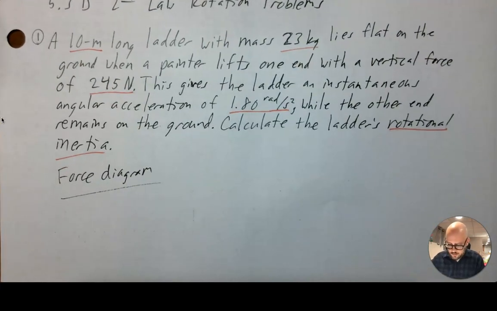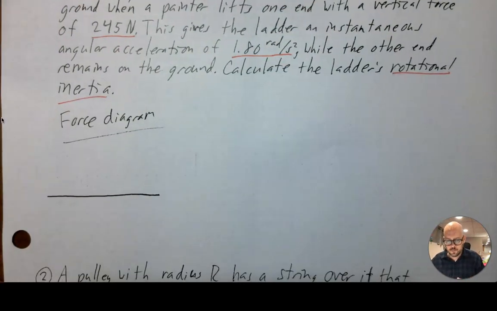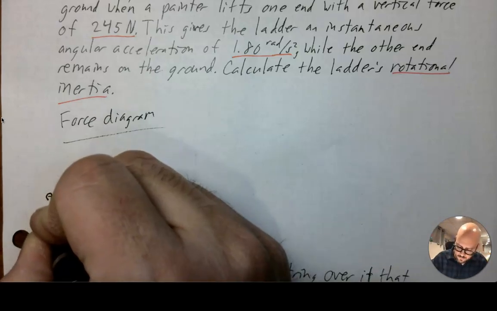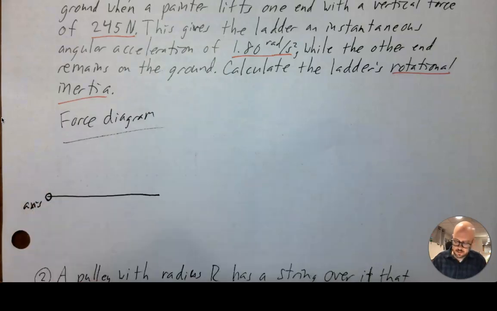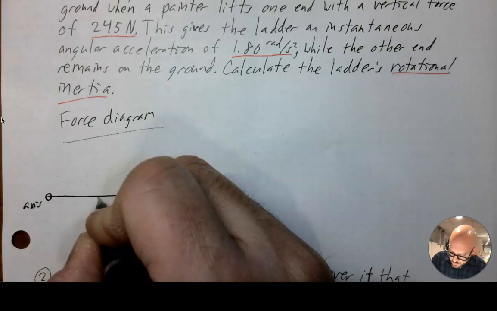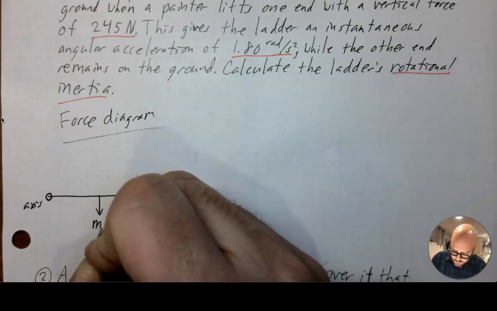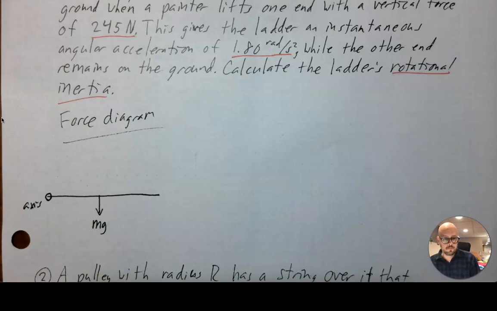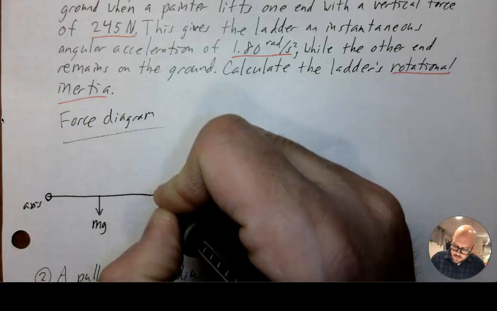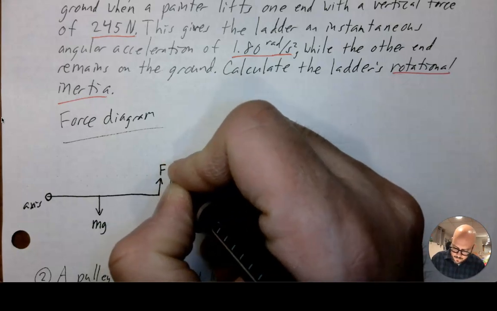I'm going to again start off with the force diagram, as I would for anything involving multiple forces on an object. Now, we have to be kind of careful about this force diagram because it identifies the axis. I'm going to identify the axis as this location. And we have to put a location for each force. We're not going to put multiple locations. So the easy one is going to be right in the middle. I want to put the force of gravity on the ladder itself. And then the other easy one is on the right edge. I'm going to put this vertical force F,